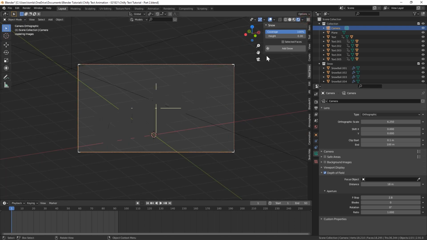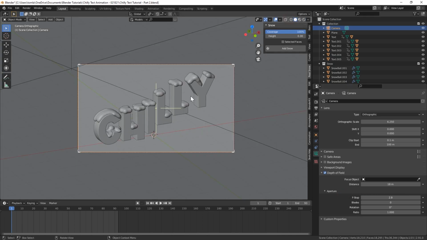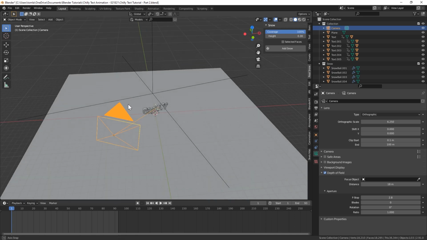Now let's go into rendered view, and you can see in the background now we have a nice soft view right here, but the text should be nice and sharp. If the text is a little blurry, you can turn up the f-stop. So the lower this number is, the blurrier it will be. But if you brought it up to 4 or 5, that might give you a little more sharpness if you need it for the text. It's just going to kind of depend on the angle your camera is at.